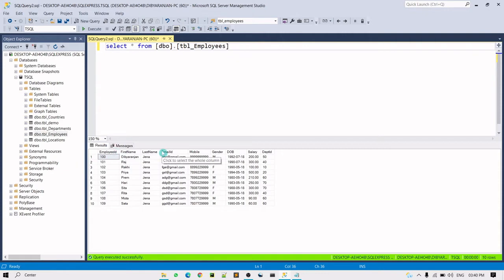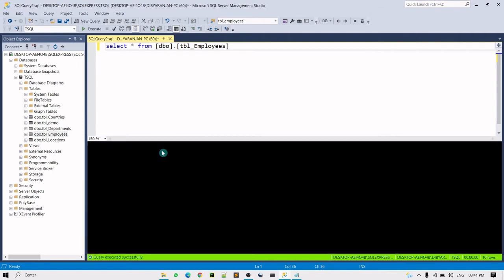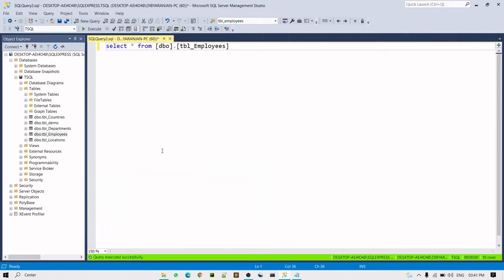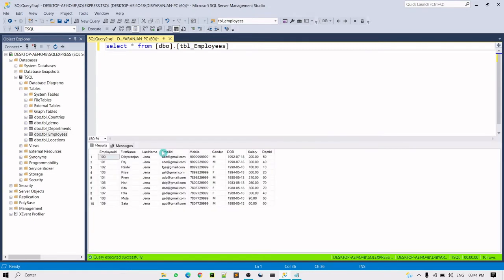To hide this result tab, suppose you have a very long query, so that you can view your query in the full screen mode, you just press Control plus R. That will basically hide your results tab, and the same Control plus R will unhide the result tab and you can view your results in this particular tab.